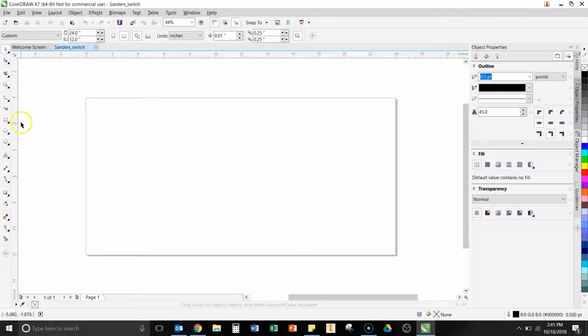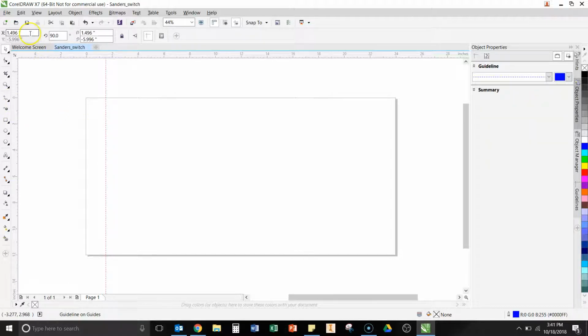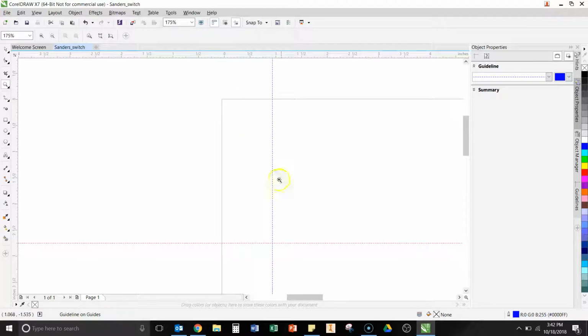Then I want to set up how big my piece is, so I'm going to go ahead and just click on a vertical scale here, drag over, and then I'm going to type in the measurement up top here. Our piece is 15/16 wide, so I'm just going to type in 15 divided by 16 and hit enter. Then I'm going to click on the horizontal scale, drag down, and I'm going to type up here negative, because I'm going below 0 here, 2.75. So let me zoom in here. This space right here is how big our piece of wood is going to be